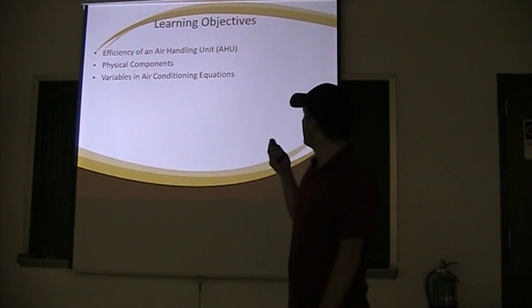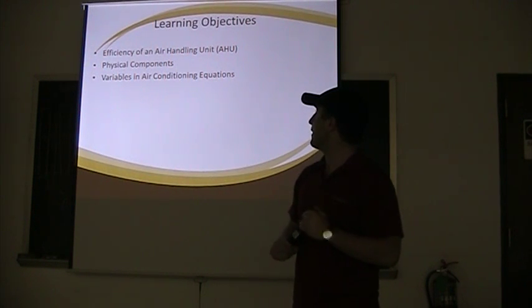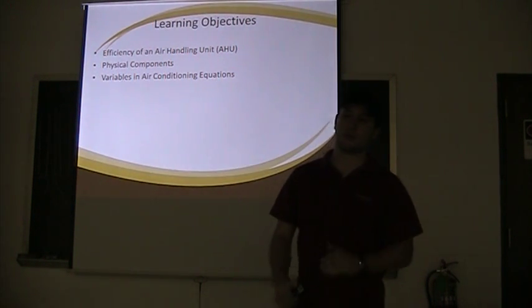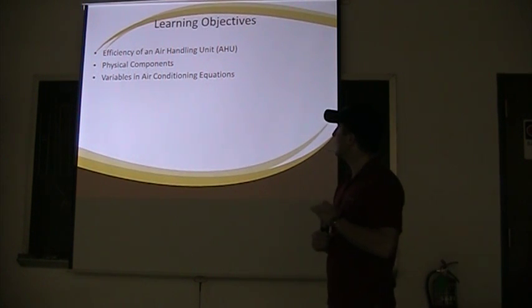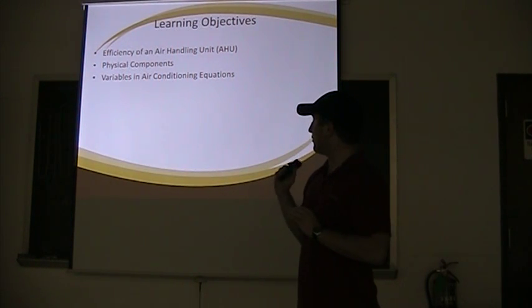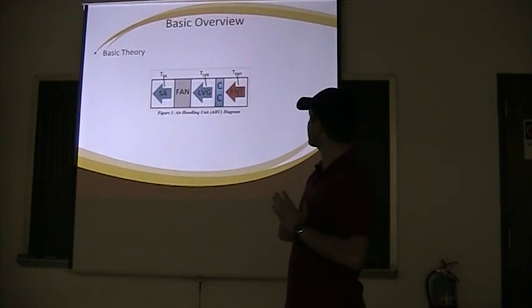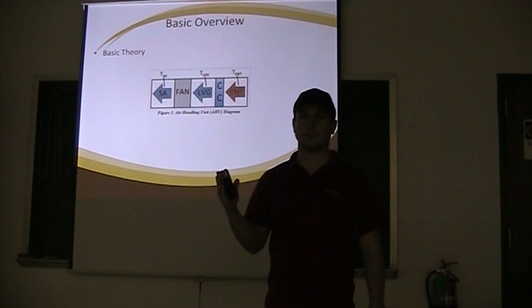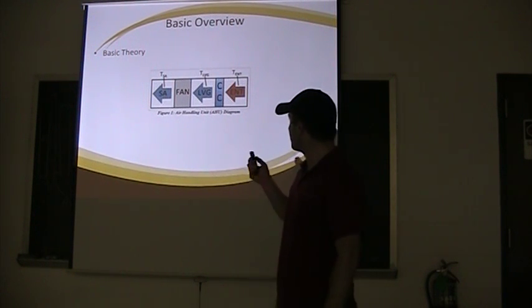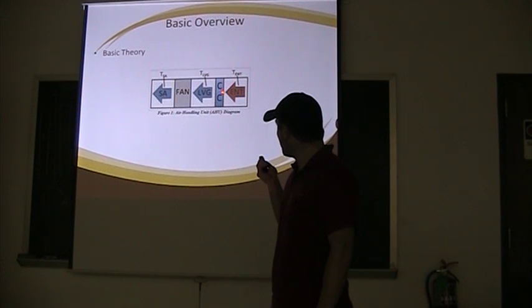So first, students are supposed to pick up from this an understanding of the efficiency of an air handling unit, and there's more than one way of quantifying that. Next is the physical components of an air conditioning unit, and then also the variables in air conditioning equations that are used. So basic theory, which is simple enough, is hot air from the room is